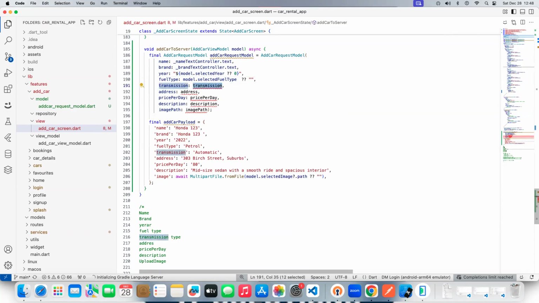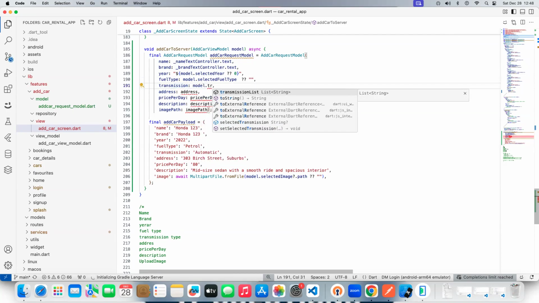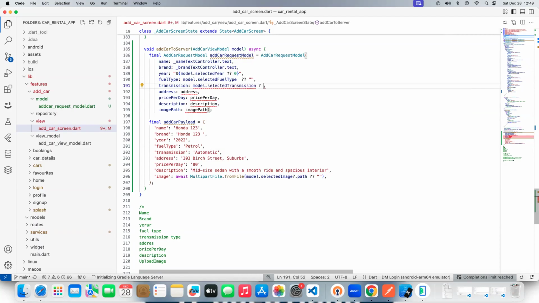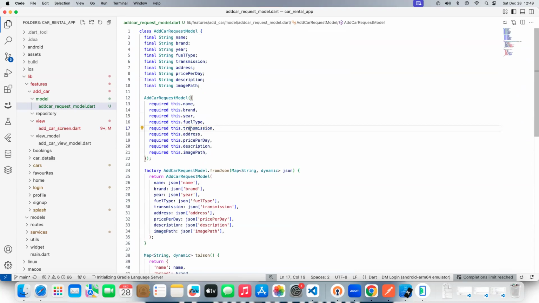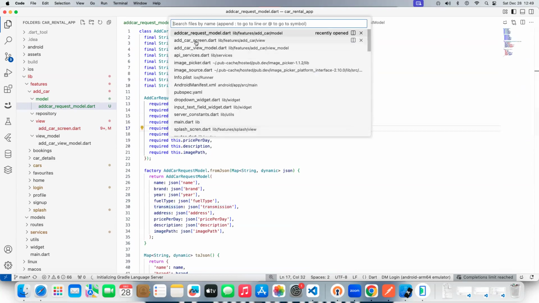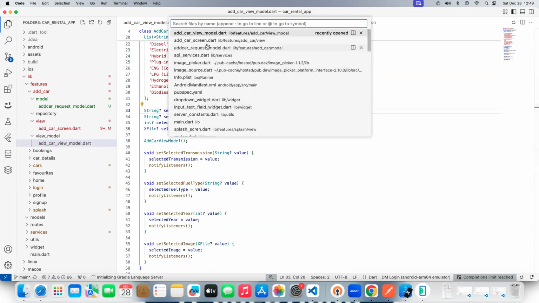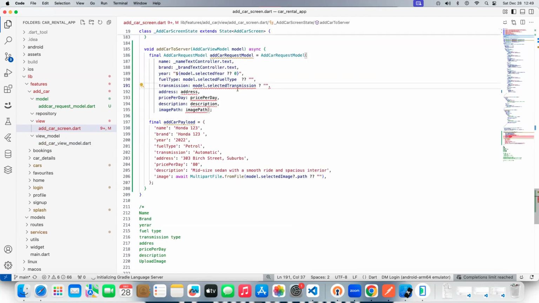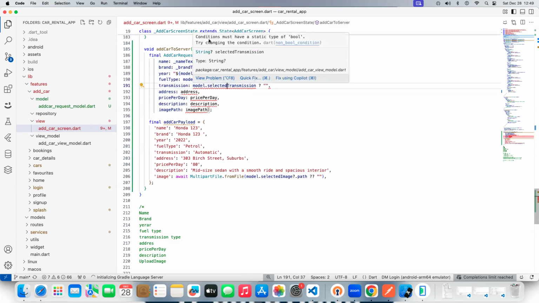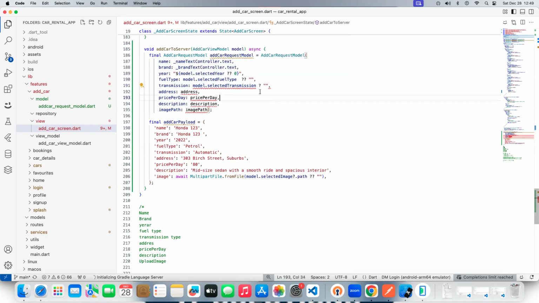and transmission, model dot transmissions, selected transmission also. Yeah, these are all drop down data, right? So one second. So here is boolean. Okay, transmission is a boolean, huh? No, right? One second. What happened? Selected transmission. Same, why is it coming? Select model dot